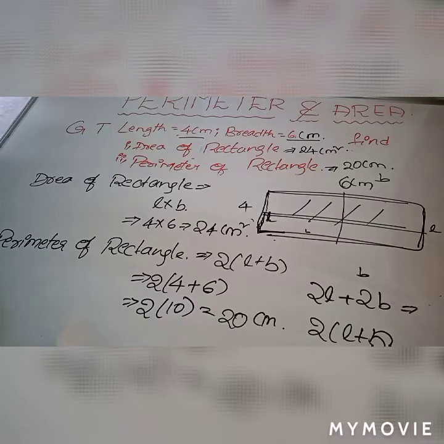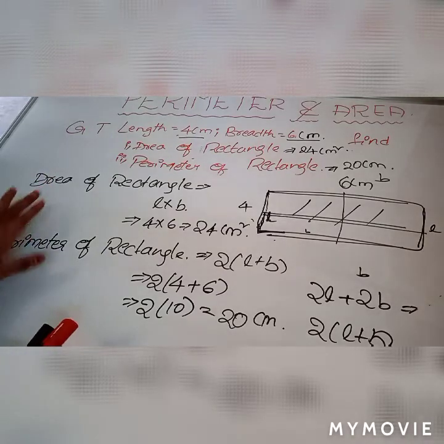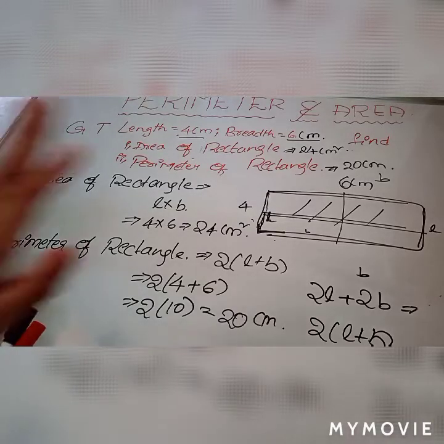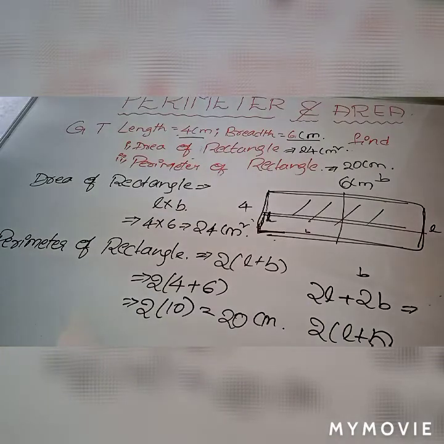Okay, up to here clear? So this is the method to solve area of rectangle, perimeter of rectangle, area of squares and perimeter of the squares. Okay, so the first thing is you need to remember the area and perimeter formulas. Don't learn these formulas by heart, just remember them with the help of this diagram. Now, let's start our next problem.